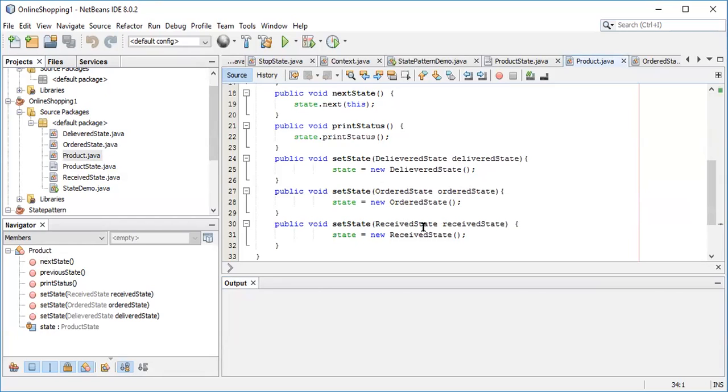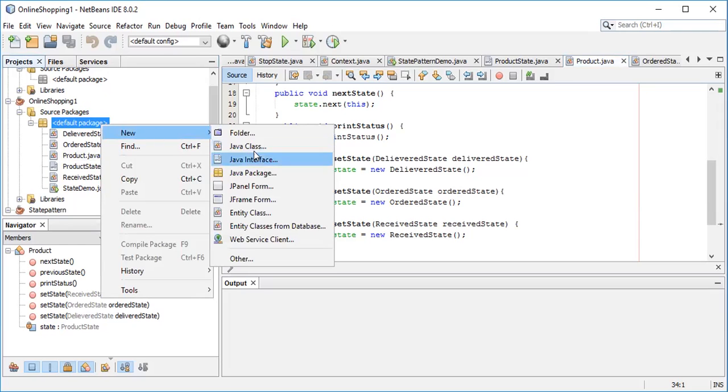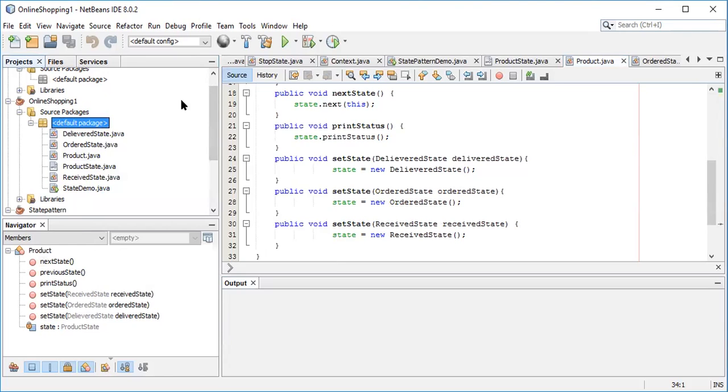Then we need to implement these classes: deliver state, order state and receive state. So create different classes by clicking on the default package, new, go to Java class. Define first the order